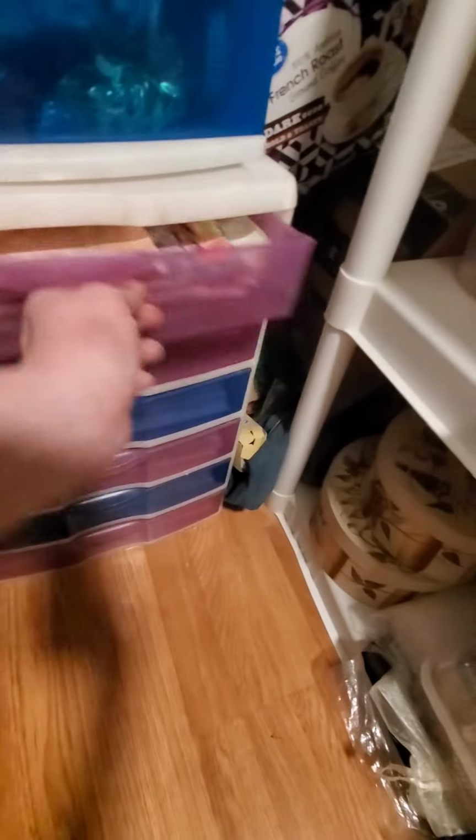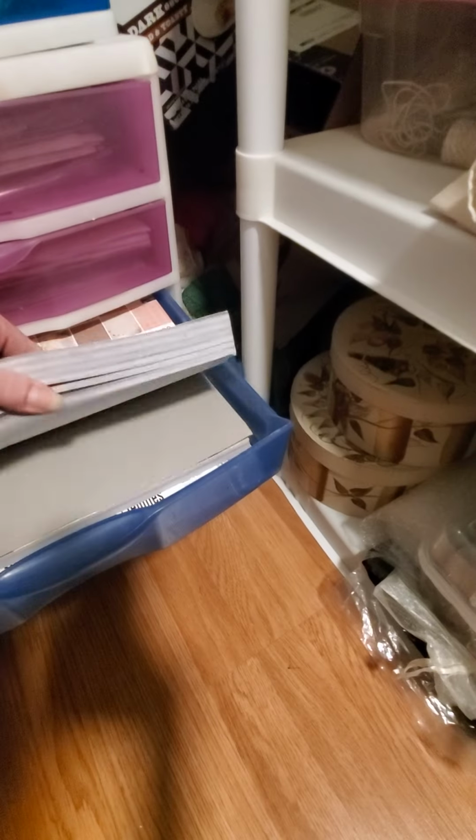Let's see. In these drawers is all of my paper. Paper pads, loose paper that's been coffee dyed. So these drawers are really handy for that. I used to keep all my makeup in there, believe it or not. Okay, so down here I have